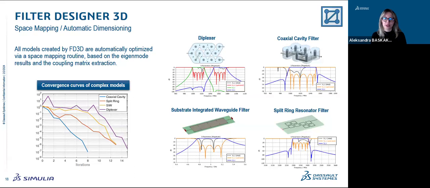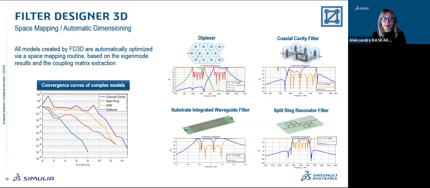Various types of filters, and what is impressive, even duplexers, can be designed with Filter Designer 3D. The tool has an automatic dimensioning, which is based on a space mapping routine. When you create a 3D model, this routine starts and you will get optimized results shortly after. All the templates converge now within 5 to 10 full wave iterations. This is a unique solution